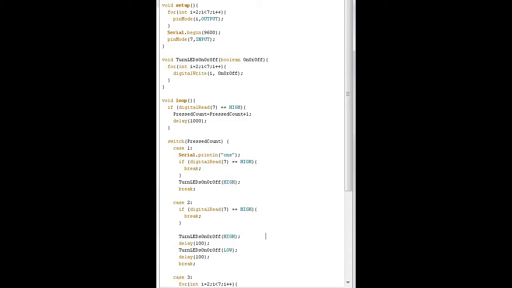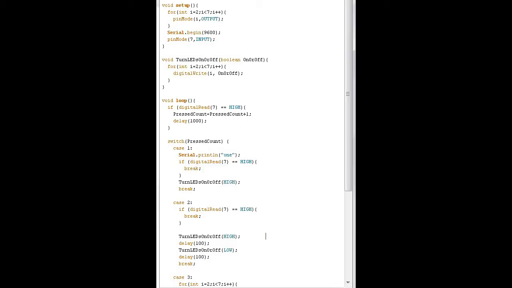So in this bit, we check if the button's being pressed again. If it is, then we don't want to run any of the code within this part. We want to go back to the beginning. So we do this with a digital read again on the button. If it's high, then we use a function called break, which takes us out of this switch case function and returns us to the start of our void loop. But if the button's not being pressed, then we just turn on all our LEDs and break out of this